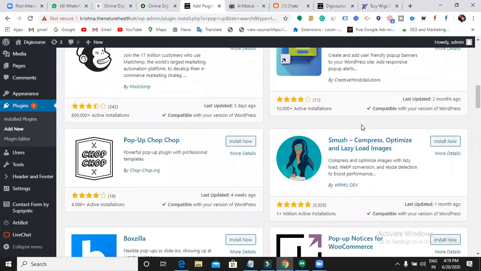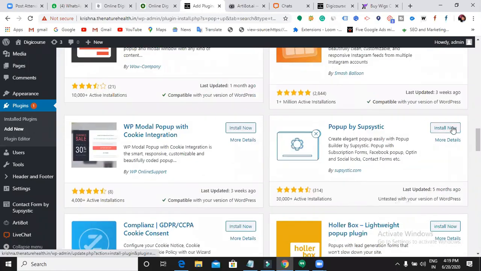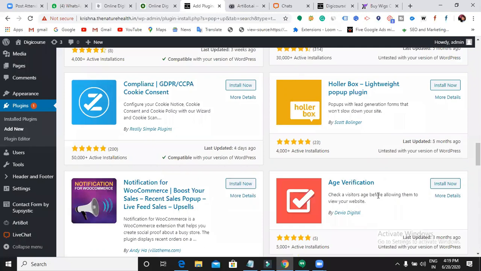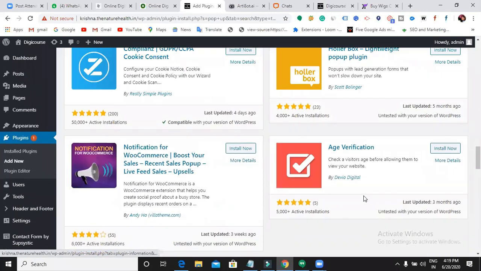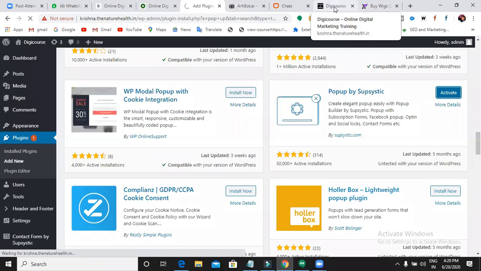Pop-up Maker, Popup Builder, compliance, pop-up with cookie integration, age verification. Create elegant pop-ups easily with Popup Builder. Pop-up with subscription once activated. So let's go back to our website now.